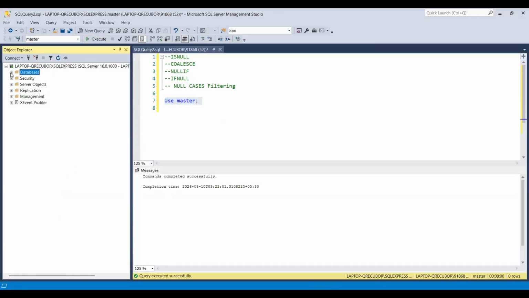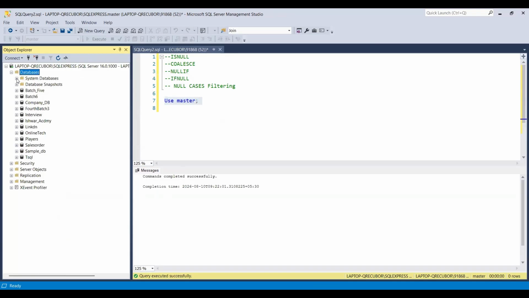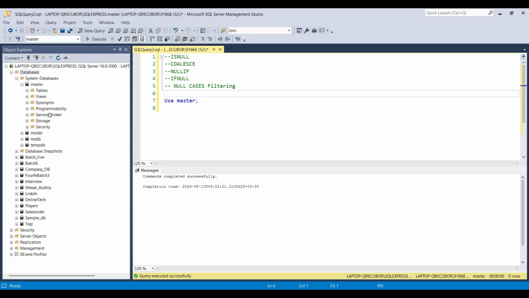Okay. So let's go to the databases, system databases. It is expanding. Just wait for a few seconds. Okay, yeah, it is expanded. Let's connect to the master database. So yeah, here master database we connected. So I will explain later if required. So meanwhile,